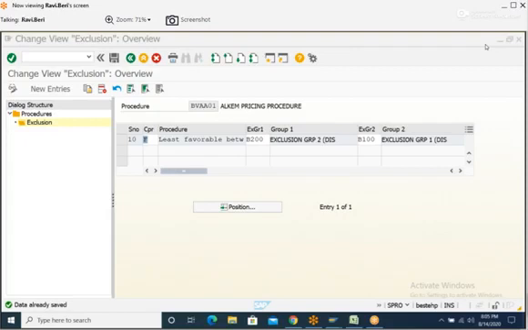Yes, I understand. See, we discussed group condition. If you check group condition, then only the value will be distributed among all the line items. So, if you enter 20,000 and you want to share this 20,000 among the items below, then you have to check group condition. So that is the role of group condition.